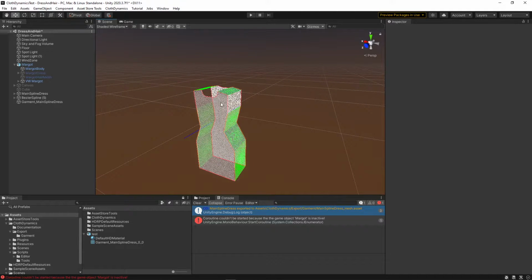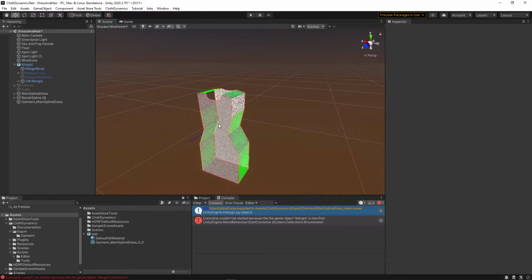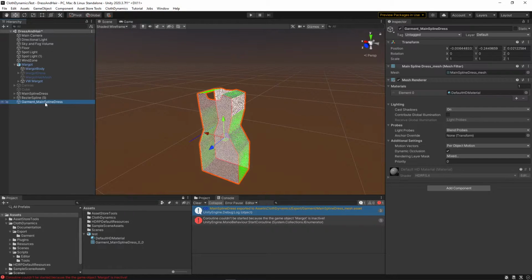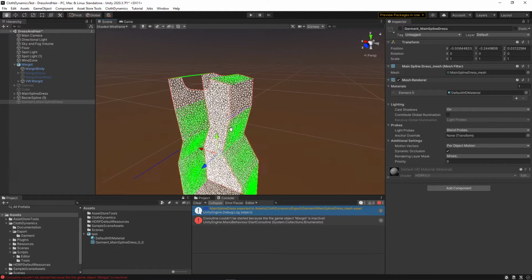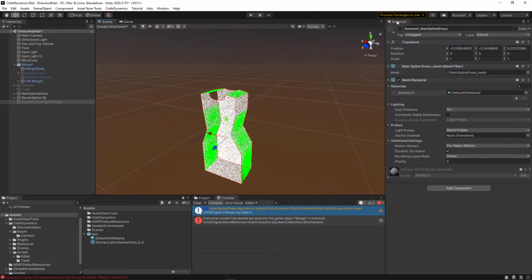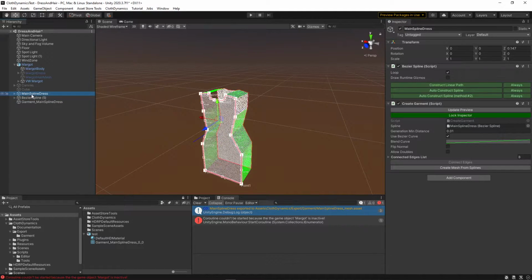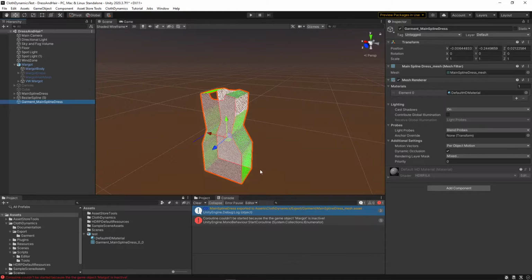Okay, now we're back again. We created a garment. We used the garment tool here for creating this clothes, this dress. And what's important to know is that currently there's a problem with the mesh generation with the bounding boxes. I don't know why, but